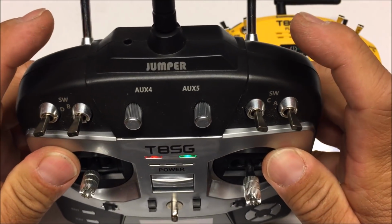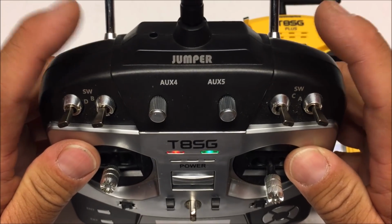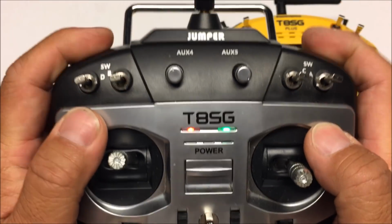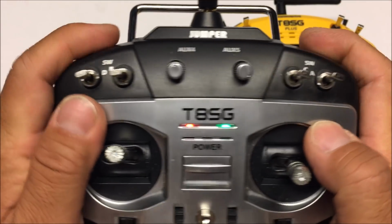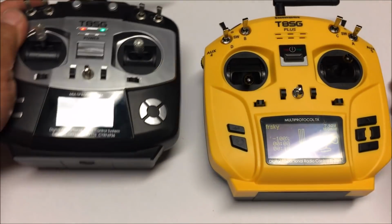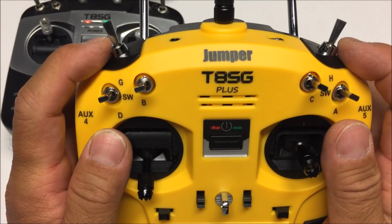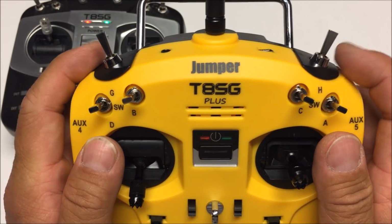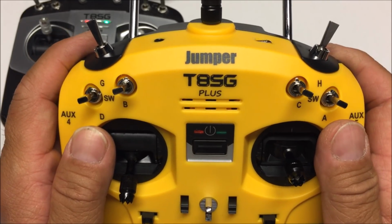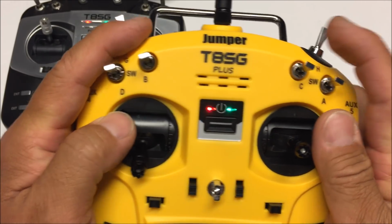And the fact that it is very comfortable as well is because I always like to put my index finger right on the top here, and there's no switches over here, so I can place my index finger anywhere I want right on top. But on the new Jumper Plus remote, I can't really do that because there's a couple of switches, but those are welcome upgrades because now my arming switch is right here, and while I'm flying